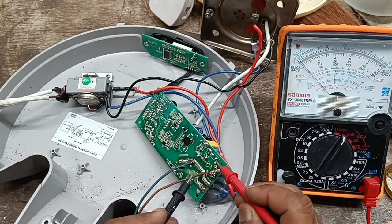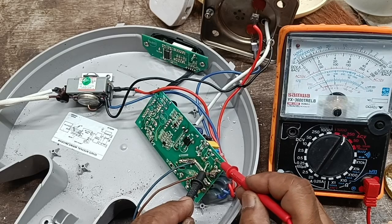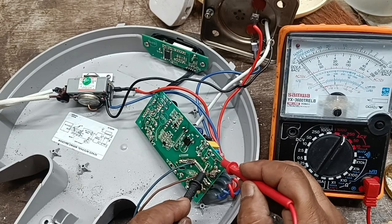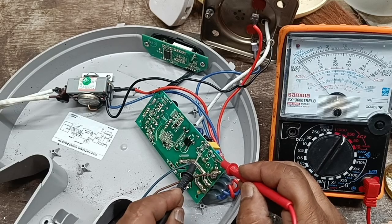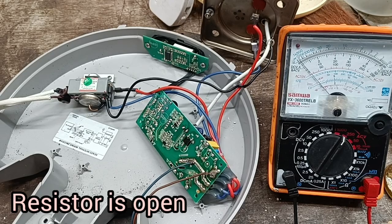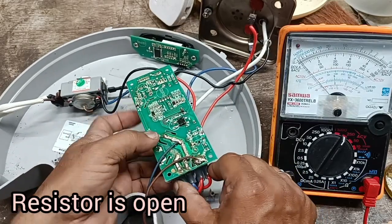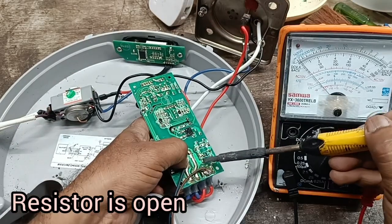we can trace the supply tracks. See here, input is there. See here, there is no voltage. Here we get a voltage, and this is the resistor. A low ohms resistor is there. Okay, let's remove the resistor. Okay,